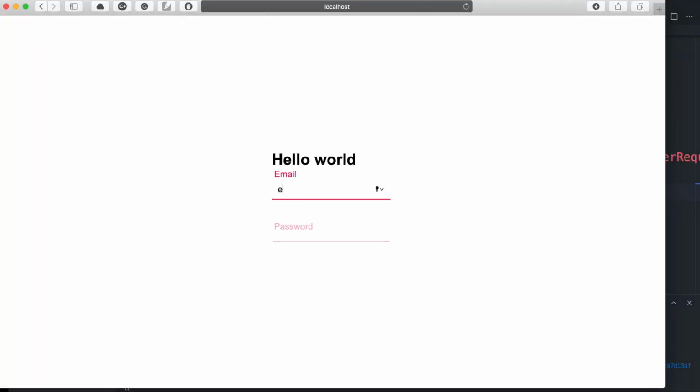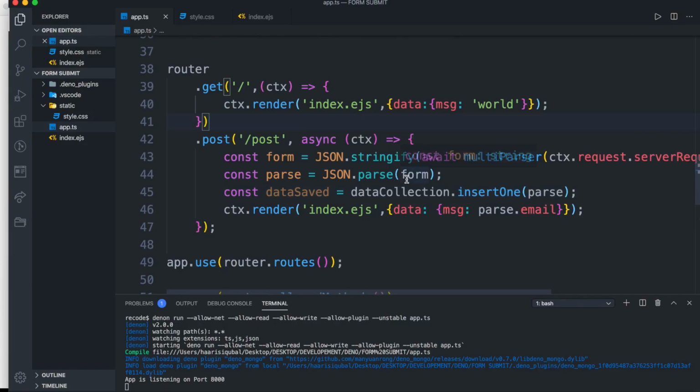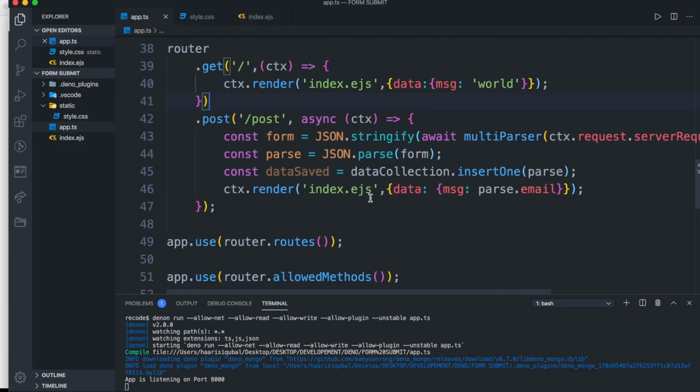So let's type our email and pass. Oh, hold on a second. Here we forgot to add a button inside our form.